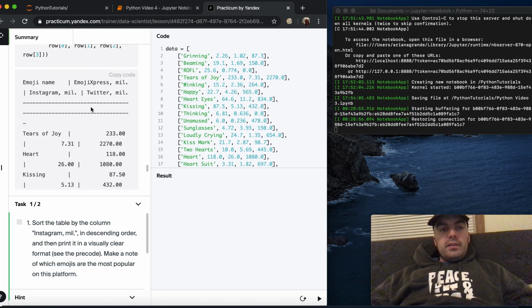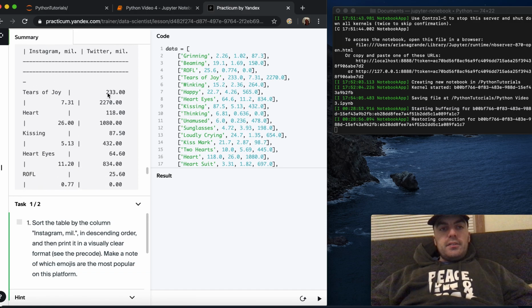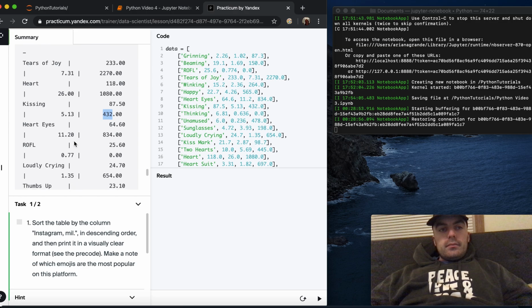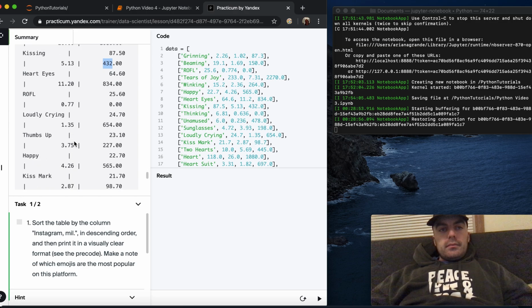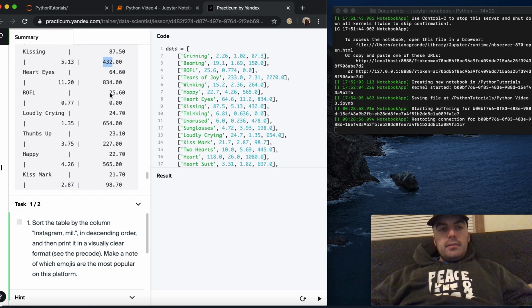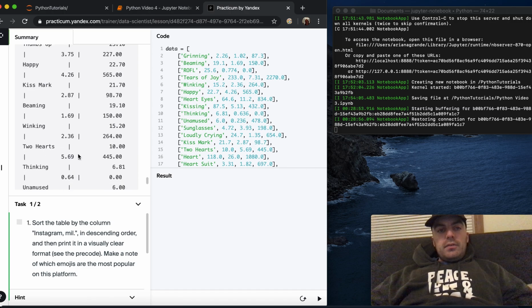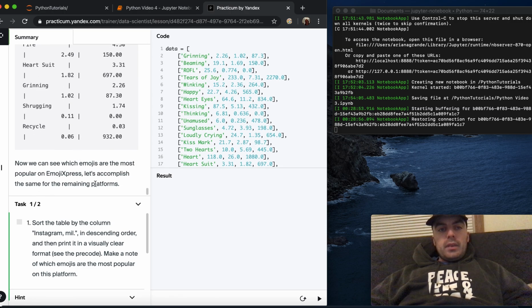Okay, so when they print, you can see the first one they have here is 2270. It's weird because this is not wide enough to actually see what the output is, but it's sorting by this and then this and then this. Yeah, why is 834? It's confusing because it's not on the same row. But